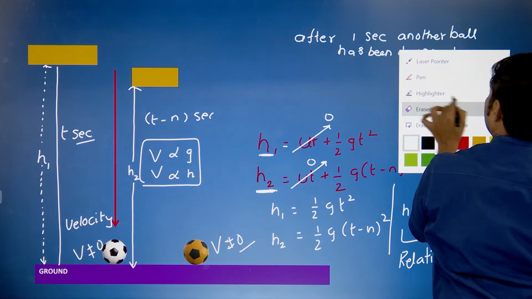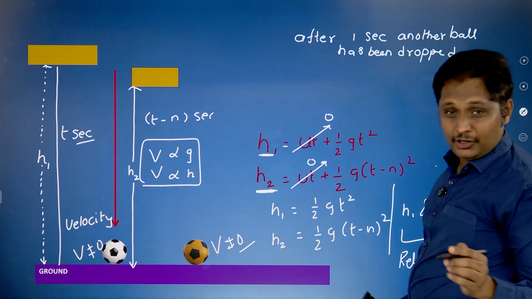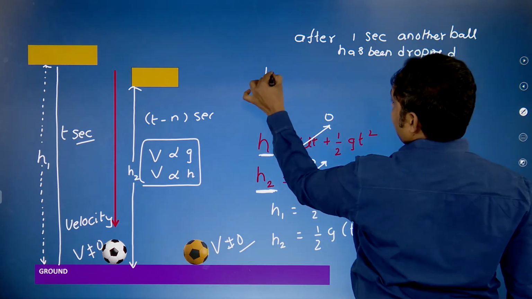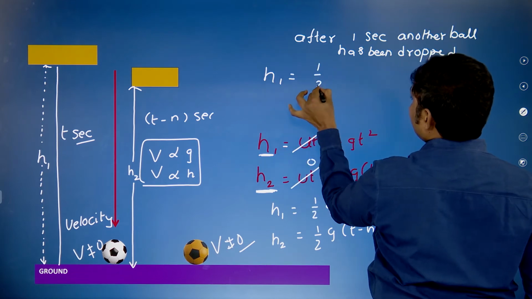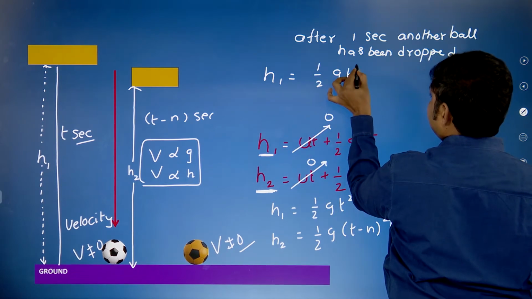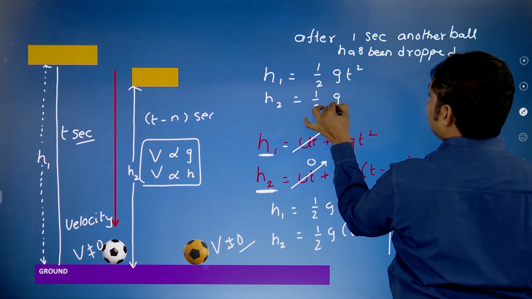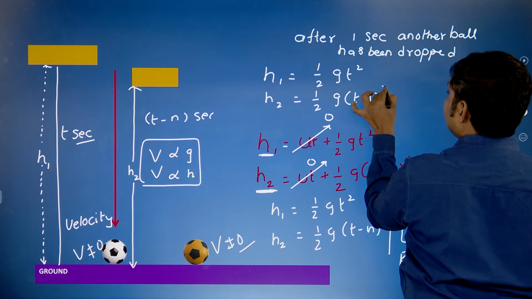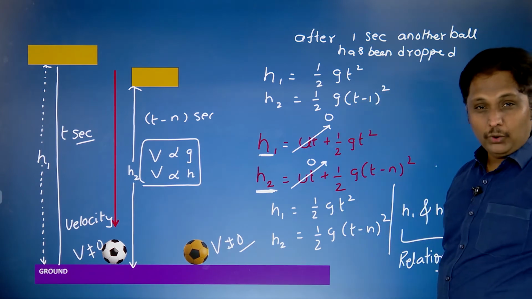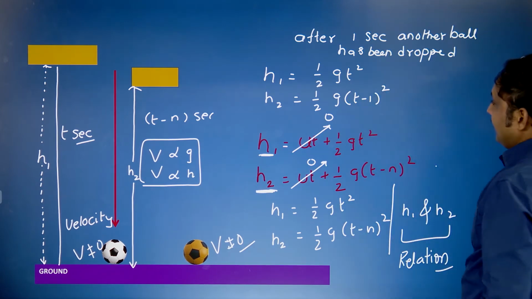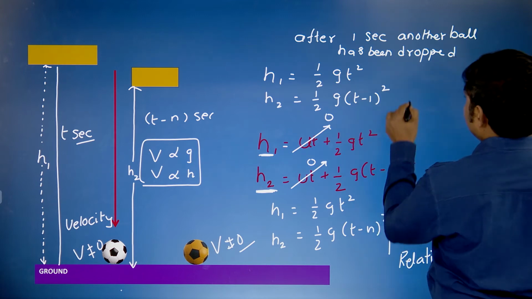Okay, you will get that. Now let's see. h1 is equal to half g t square, h2 is equal to 1 by 2 g into t minus 1 whole square. Okay. Now you will get that